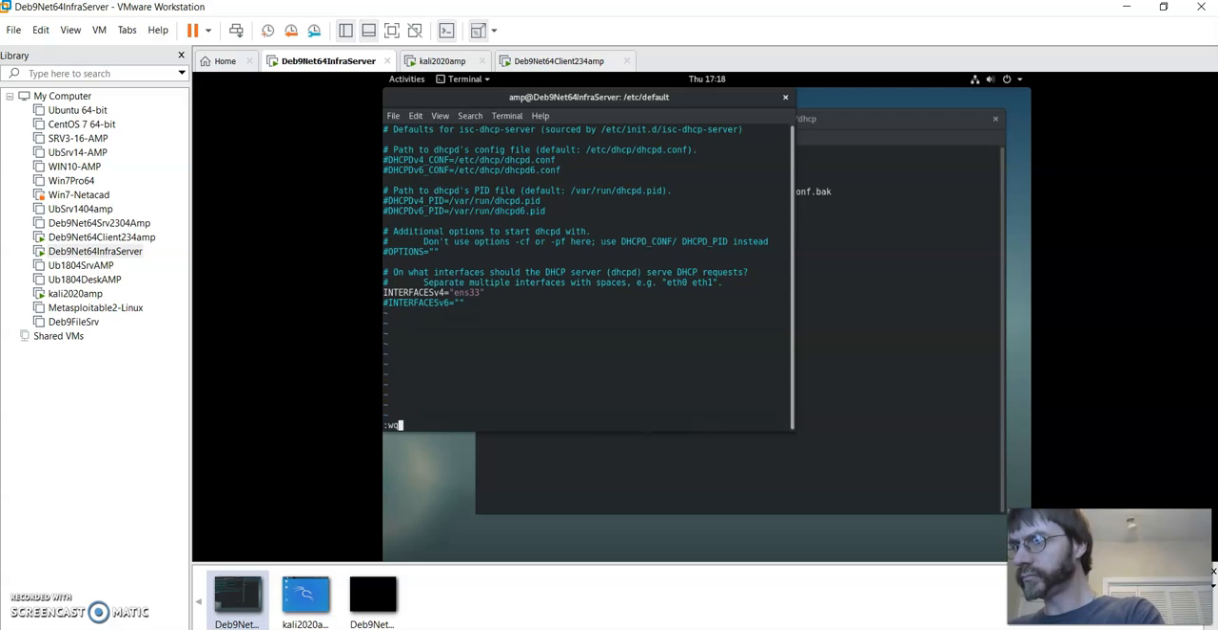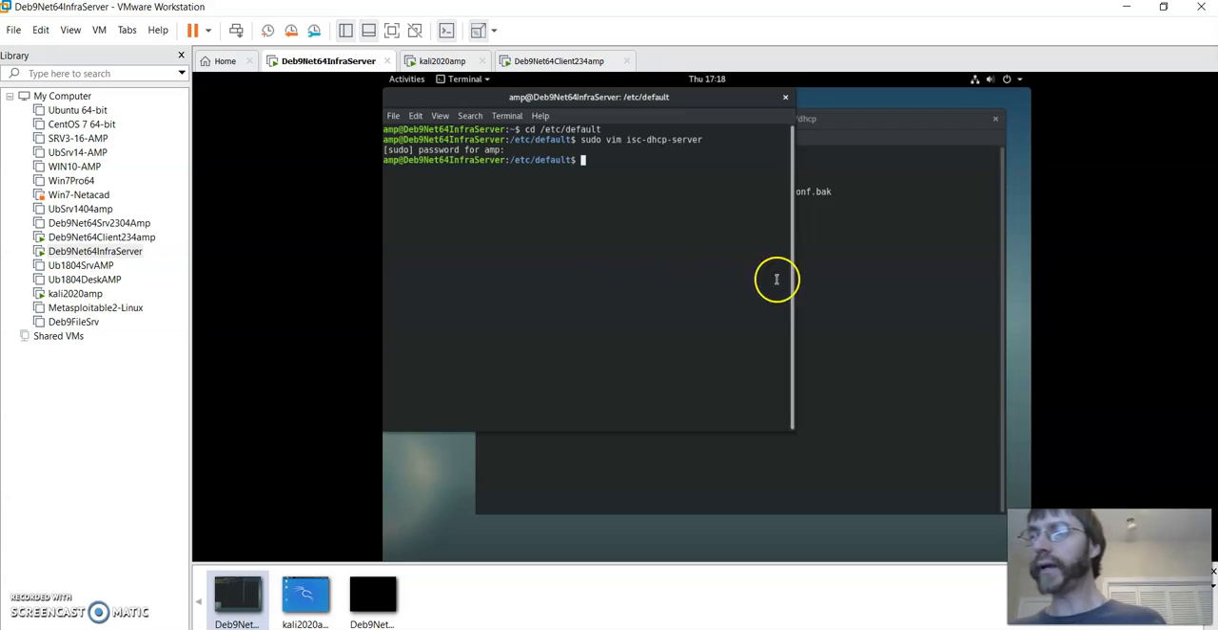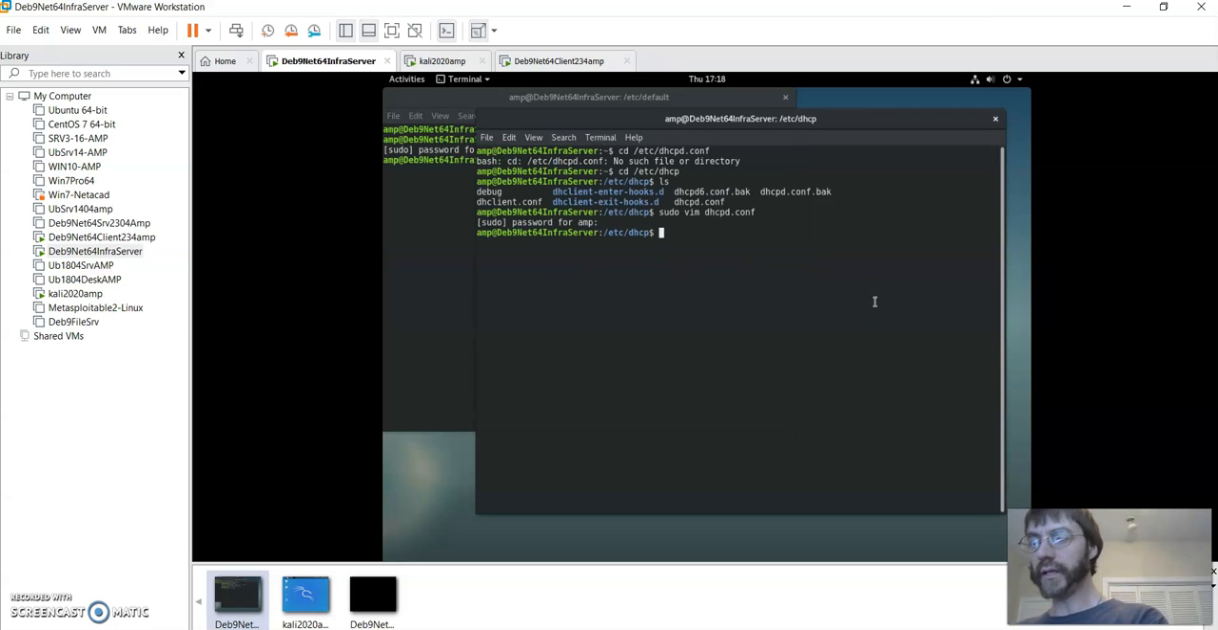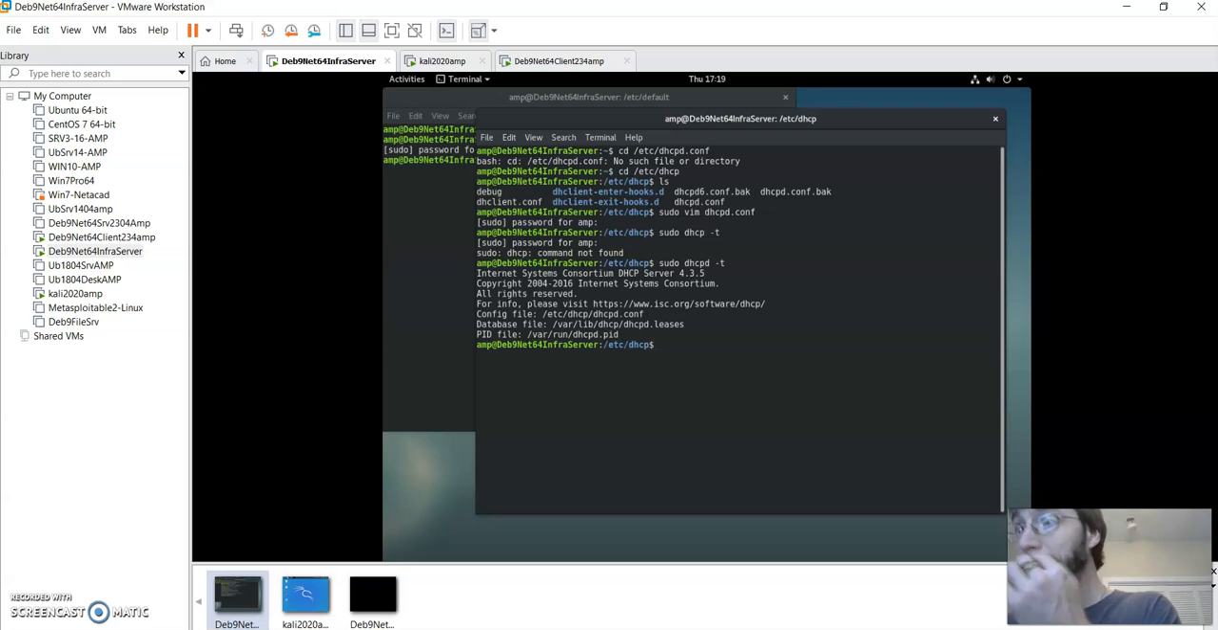Now, what I want to do now is sudo dhcpd -t. Okay, should have been d. This will do a syntax check on the configuration file itself. And oh, by the way, it also tells me where my leases are. So let me go look for that. cd /var/lib/dhcp